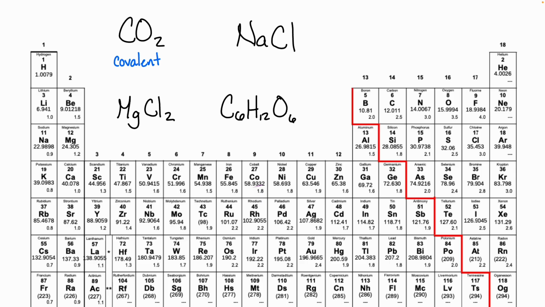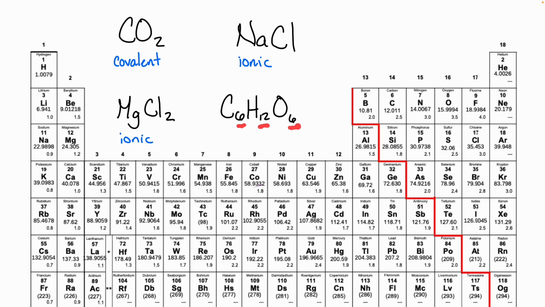Ionic, because if we look, sodium lives over here on the metal side, chlorine lives over here on the nonmetal side. Metal and a nonmetal means we have an ionic compound. And what about MgCl2? Also ionic. Magnesium actually wasn't very creative, lives right next door to sodium. Chlorine again being a nonmetal, so this is an ionic compound. And what about